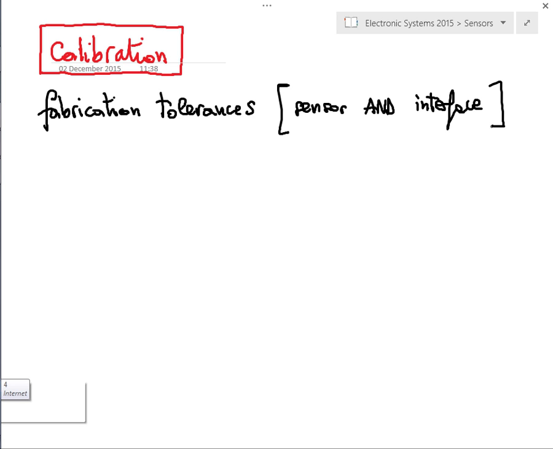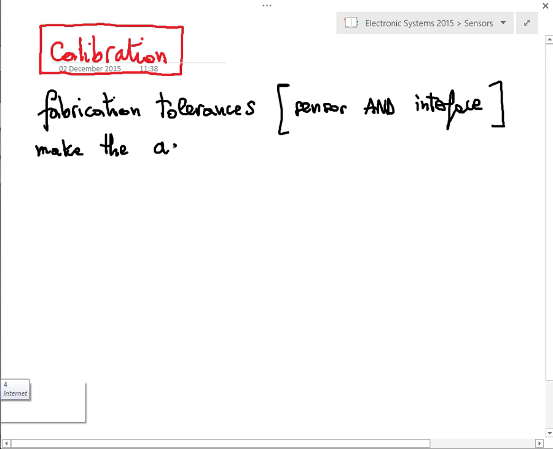And these fabrication tolerances basically are responsible for the fact that the actual transfer function is not equal to the nominal transfer function of the sensor. Okay, so this fabrication tolerance make the real transfer function